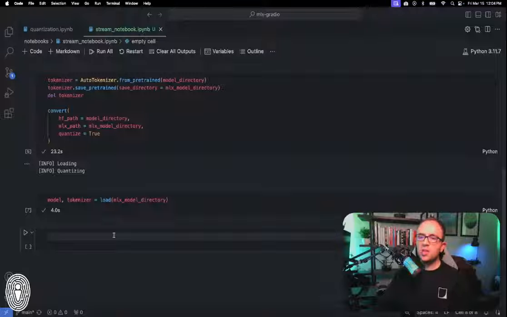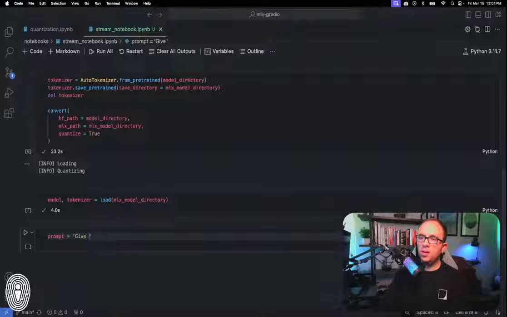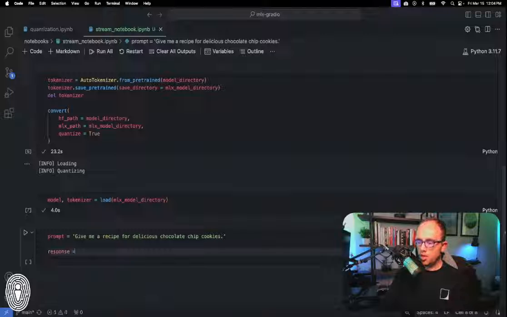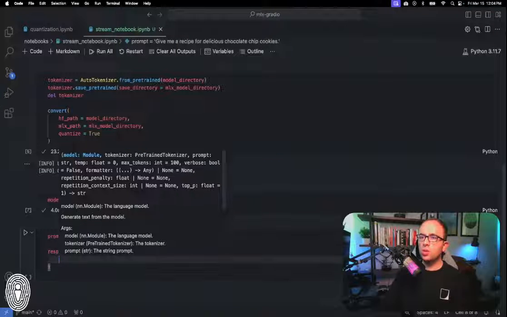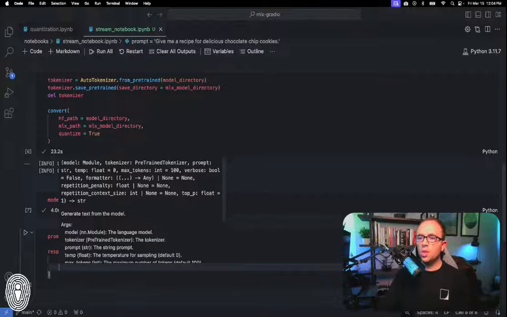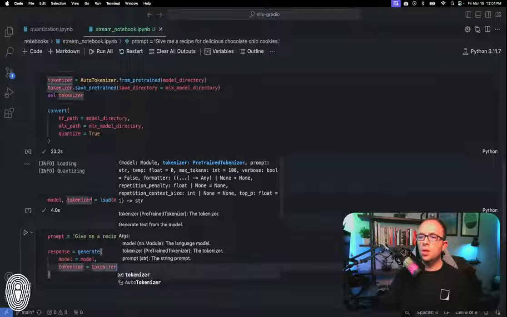Let's go ahead and set a prompt. The prompt here does not matter. Let's just say, give me a recipe for delicious chocolate chip cookies. And then the way that we actually make use of this is we're going to say response equals generate. This is the function that we loaded in from MLX LM. So model equals model, tokenizer equals tokenizer,